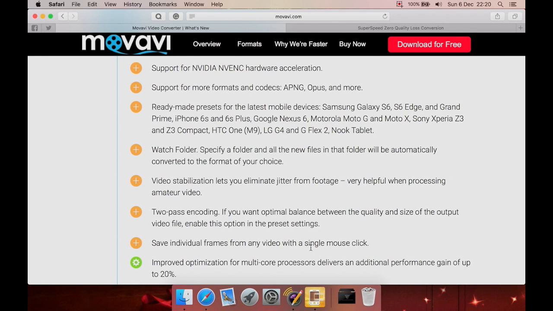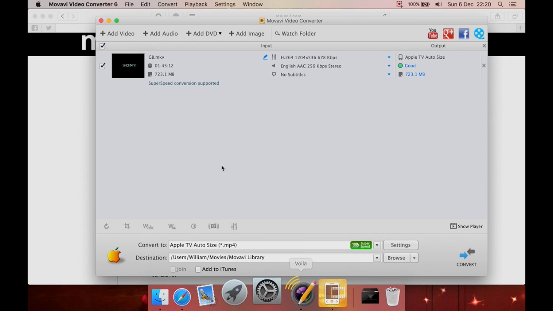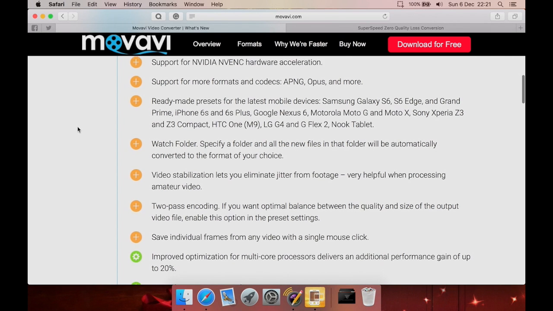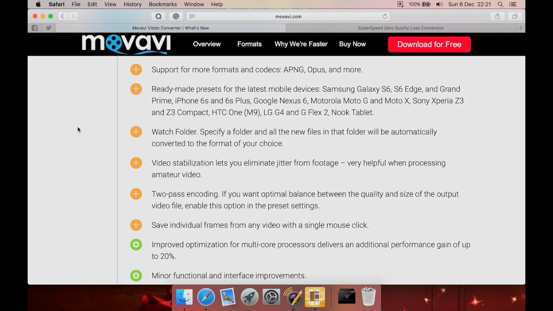The only other difference on the Mac version is that the menu bar is up here, like in most Mac programs, whereas on Windows it'll be here on the actual main interface. Now, new to both the Windows and Mac version is more format and codec support, such as APNG, but still